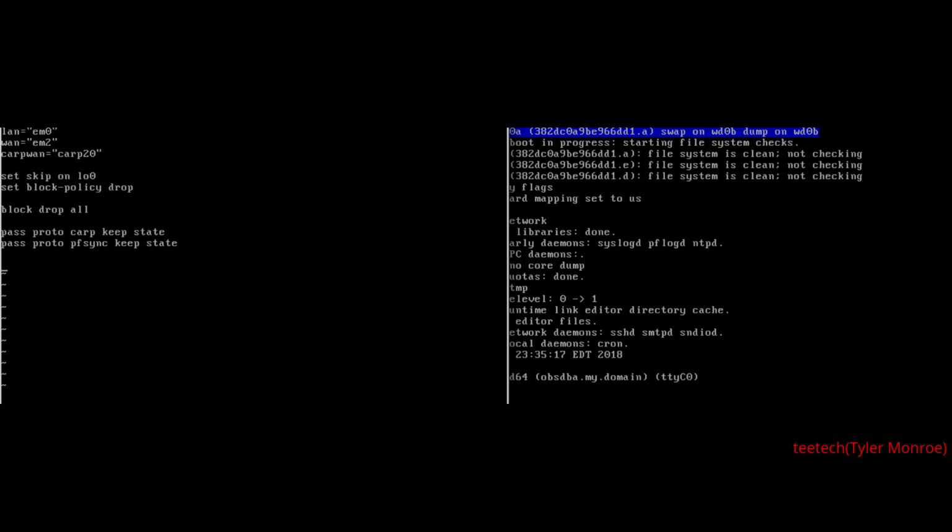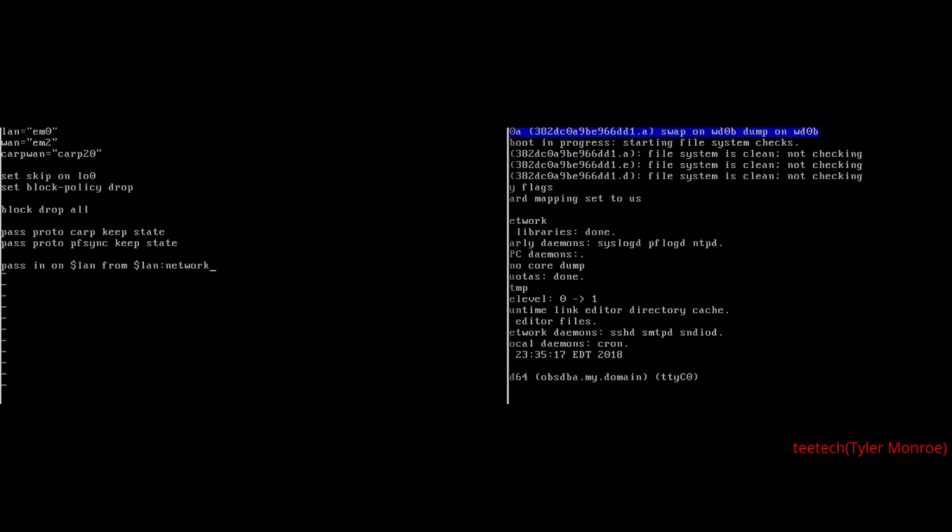And now we need to let LAN traffic in, so we're going to say pass in on. We're going to say a $ to tell PF we want to use our macros. And we're going to say a LAN interface. From the source, we're going to say $LAN: